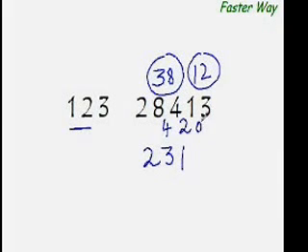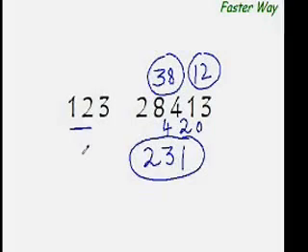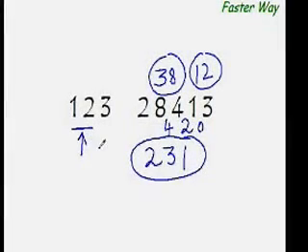Now our new dividend would be 3 minus 3 times 1, that is again 3. So 3 minus 3 is 0, and you know that 231 is your answer. Now don't you think this is a very easy way of dividing the numbers? It not only saves you space, but it saves you a lot of time and effort, because all the time you are dividing with an easy number, with a friendly number.